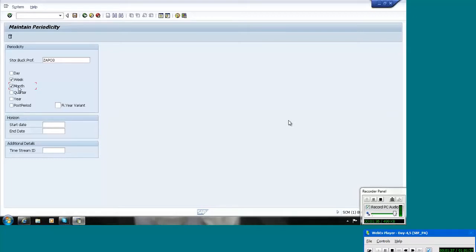Say for example, next week forecast values are 100. So if sales orders are 150, then I need to increase the forecast by 50. So like that, I want to compare my sales orders with my forecast, then we can go for the weekly bucket. So there we will store into the weekly, we will see the data at the weekly level. So that is the reason I have selected the month and week.